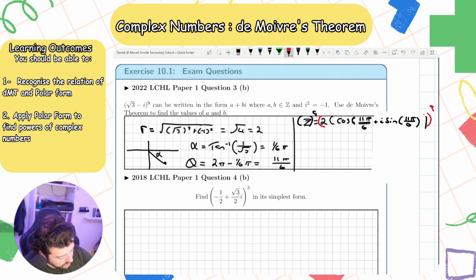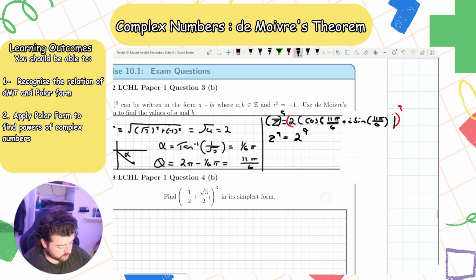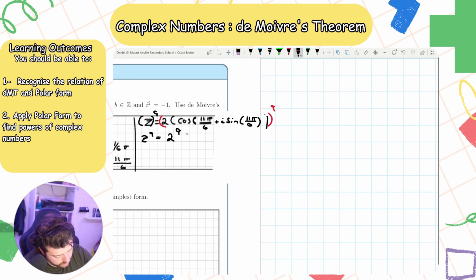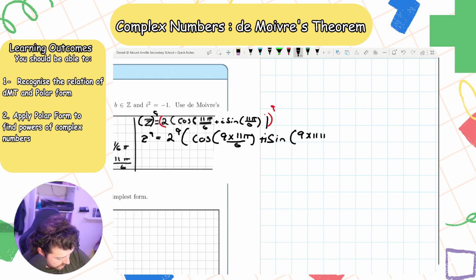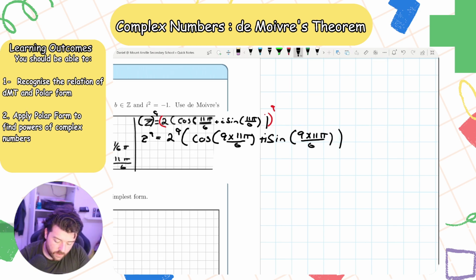So using De Moivre's theorem, it is going to be 2 to the power of 9 times cosine 9 times 11 pi over 6 plus i sine 9 times 11 pi over 6,